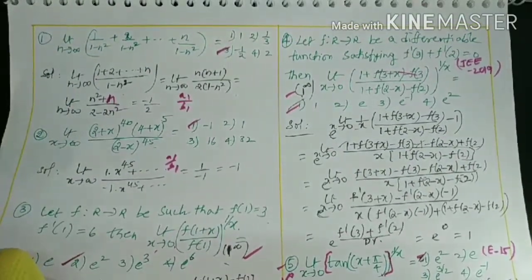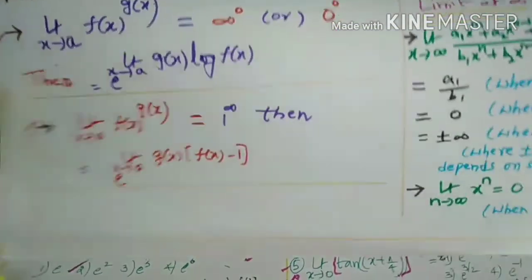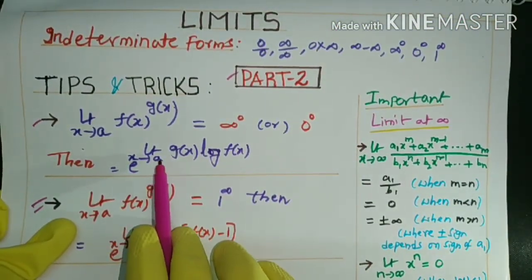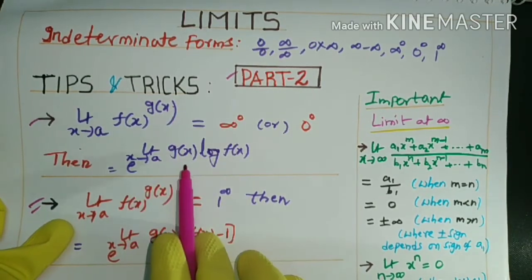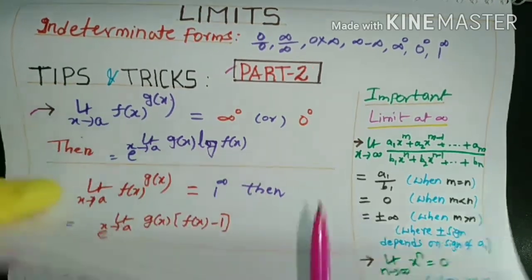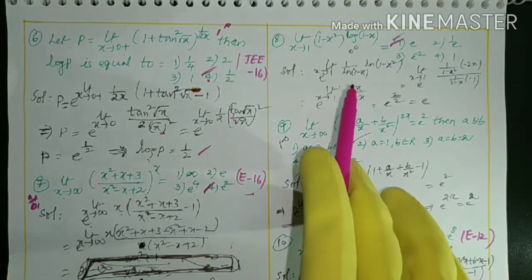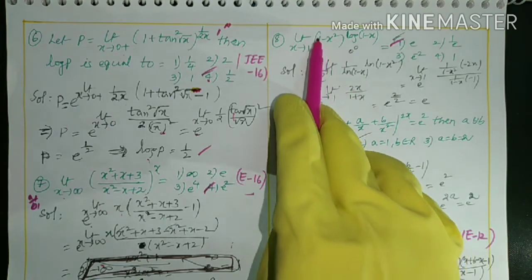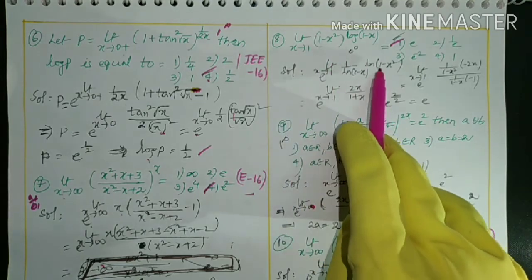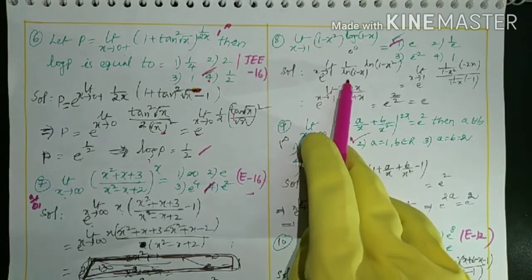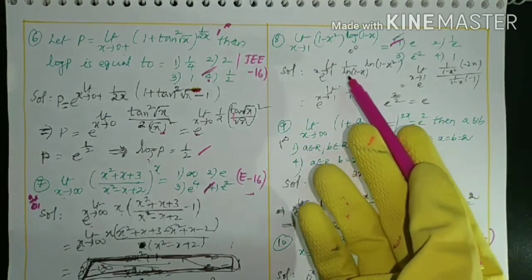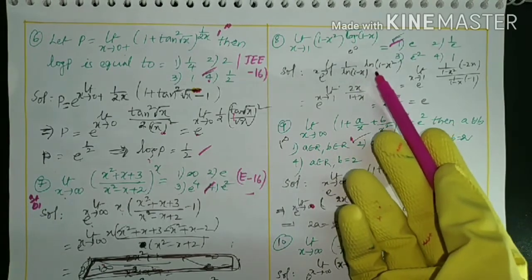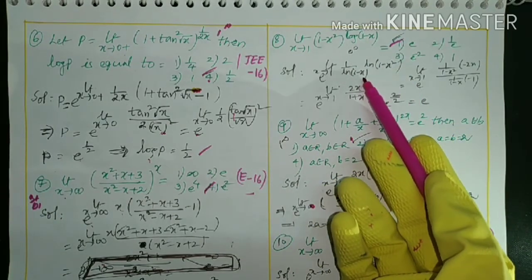Yes, e power of limit for 0 power 0. That is e power of limit, whatever a or b may be, of the power g of x into log of the base function f of x. Only that can be used here. What is the power function? 1 by log of (1 minus x) is taken into it. For this we apply the log. We can write log simply as ln; it is better practice to write ln only, which is very simple. Now we get ln of (1 minus x square) by ln of (1 minus x).